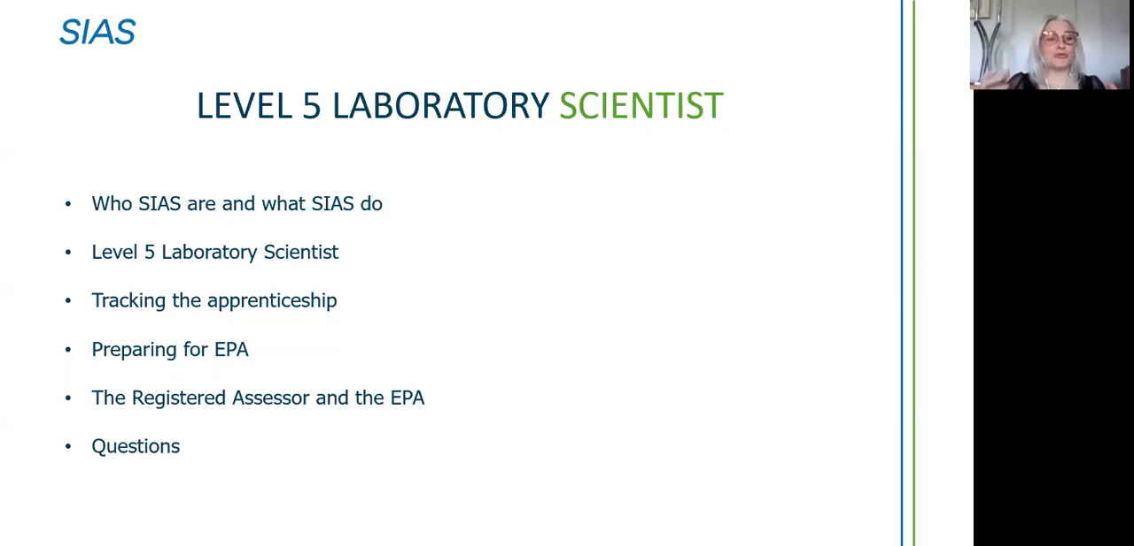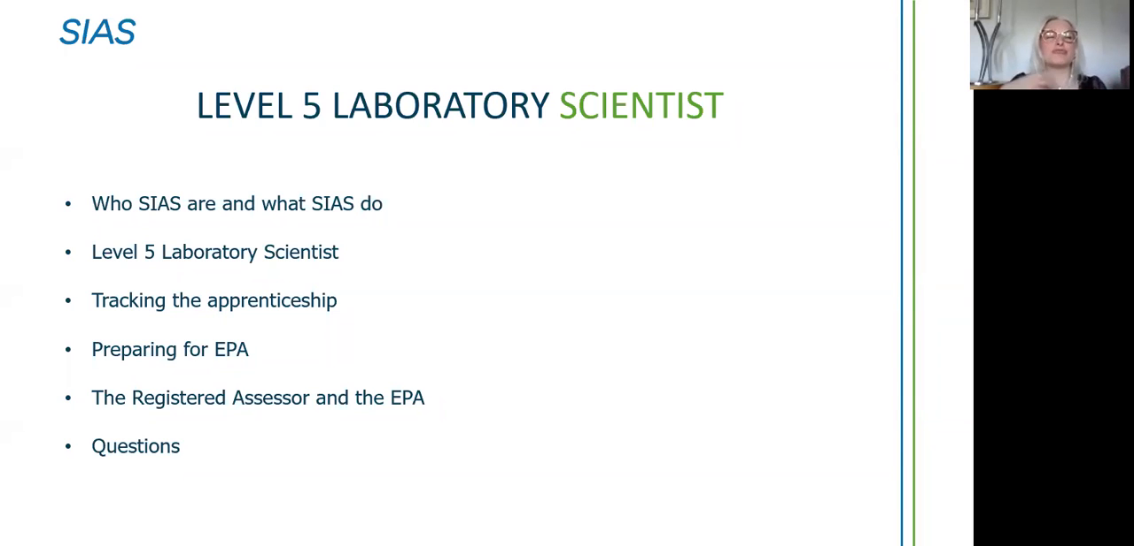So we're going to discuss the level 5 laboratory scientist standard and endpoint assessment this morning. Obviously, I'll give you a bit of an overview as to who SIAS are and what we do. If you've been in this before, you will know this verbatim by now. We'll talk a little bit more about the lab scientist, the endpoint assessment methods, but equally how we get there in terms of the project and what that should look like. We'll think about how we track the apprenticeship, preparing for endpoint assessment, and then the registered assessor and the endpoint